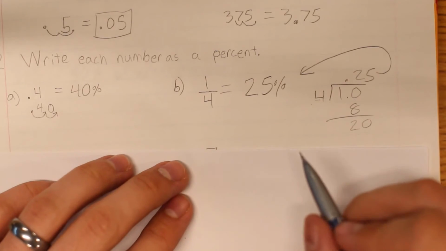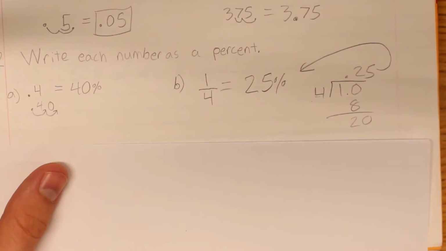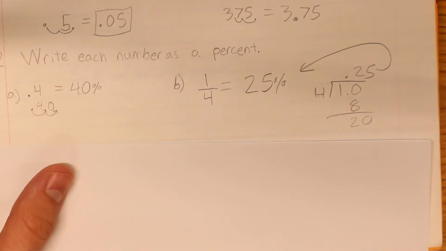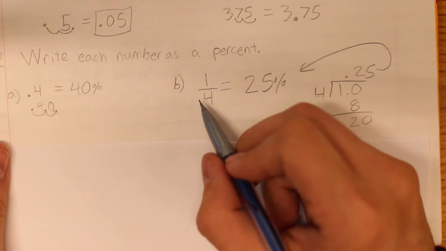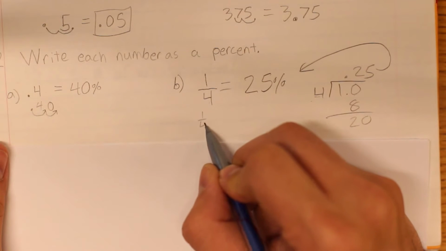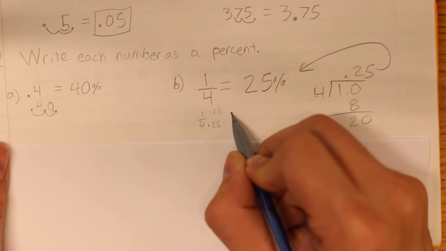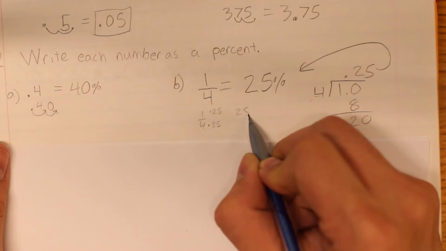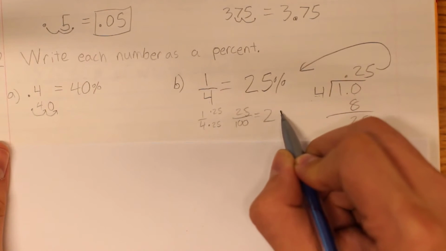The other option is to use this little fact we just covered up here. If the denominator is 100, whatever's in the numerator, meaning if the bottom number is 100, whatever's on top is the percent. So is there some way I could change this fraction to get 100 in the denominator? Why, yes. If I had 1/4, and I multiply the top by 25, and the bottom by 25, I would get 25 over 100, which is equal to 25%,